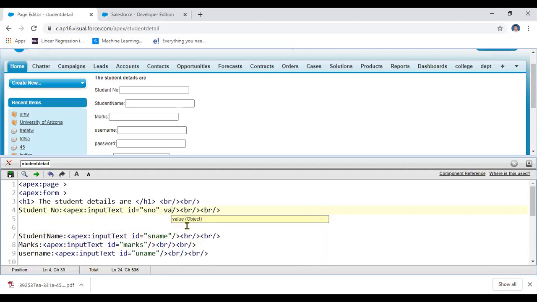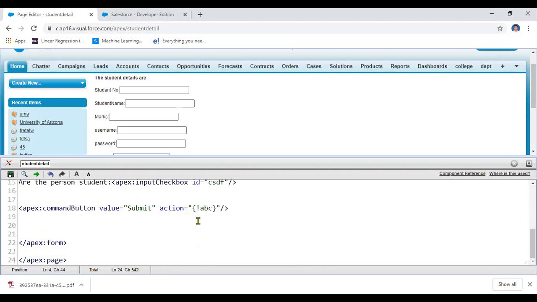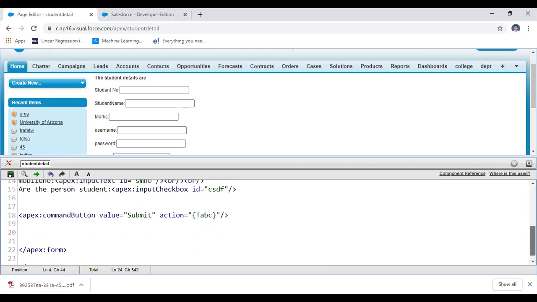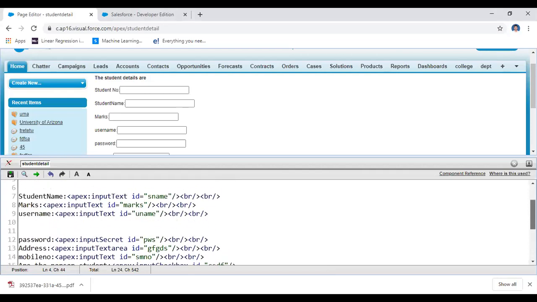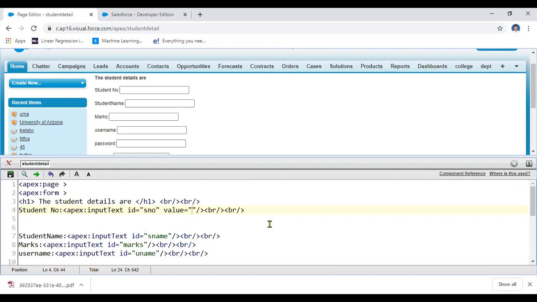Here, value. How can you write the value in this case? The value in this case here is value 1. Whatever may be the information previously, the value equals value 1.